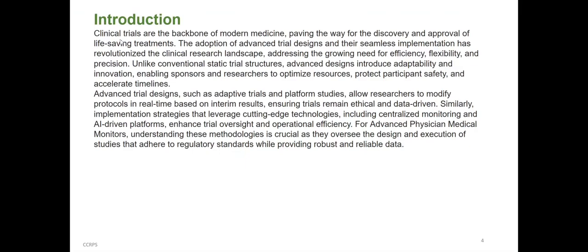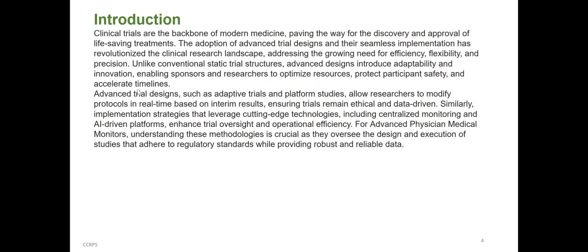Introduction. Clinical trials are the backbone of modern medicine, paving the way for the discovery and approval of life-saving treatments. The adoption of advanced trial designs and their seamless implementation has revolutionized the clinical research landscape, addressing the growing need for efficiency, flexibility, and precision. Unlike conventional static trial structures, advanced designs introduce adaptability and innovation, enabling sponsors and researchers to optimize resources, protect participant